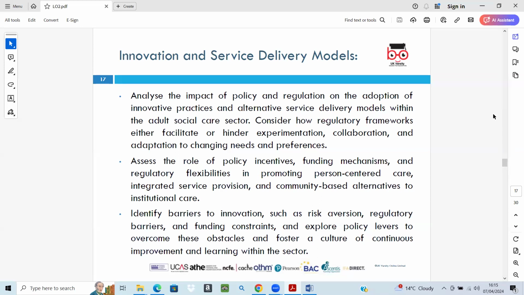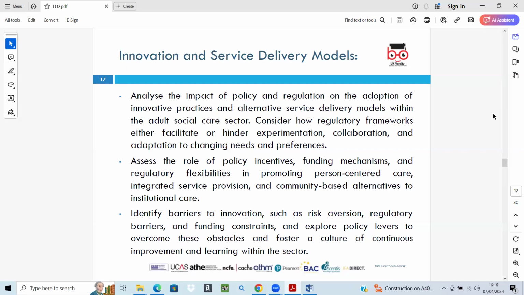We can name a few of them. Then we always look for the role of policy incentives and what they do in promoting person-centered care. And we look for the funding mechanism and other initiatives which support the implementation of care models. And we always look for the individual needs and preferences. Then we always consider how the regulatory framework accommodates collaboration between different care providers and sectors to deliver seamless and coordinated